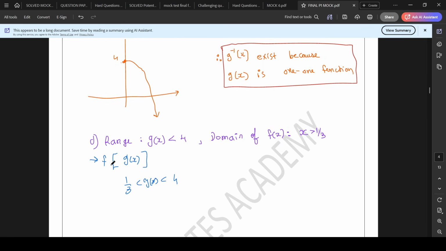Of course, the function can give you the output, but the definition of a function is that for all the inputs that you are passing, the function must give you the output. Only then the function is valid. So even if there is a single value of g(x) that is not contained by the domain of f, we still say that the function does not exist. So over here, of course, there are a lot of values not contained. So we can clearly say that f(g(x)) does not exist